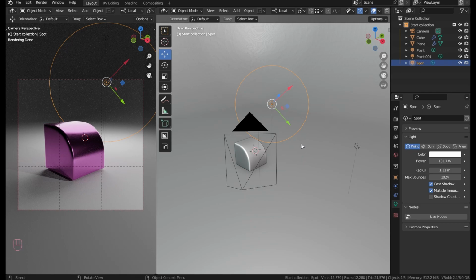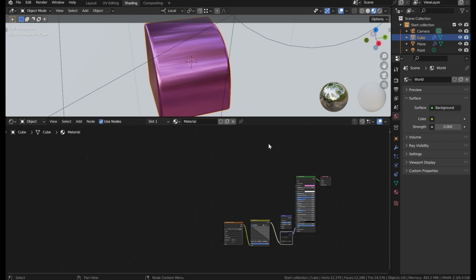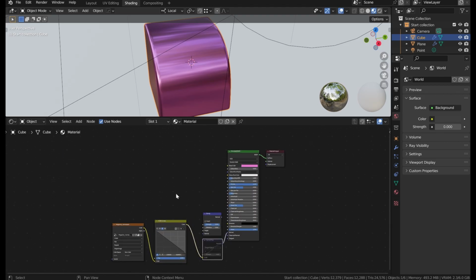This is the basics of rendering. You don't really need to know rendering to use Blender. Blender is one of those softwares that has tools for everything, but it doesn't mean that everything is good in it. For example, one trick that I suggest you not to go into is that a lot of people get really into